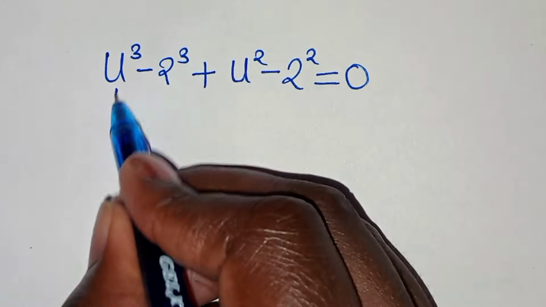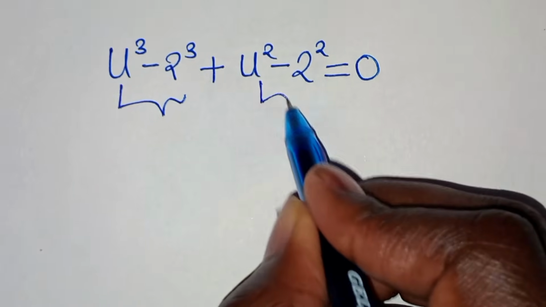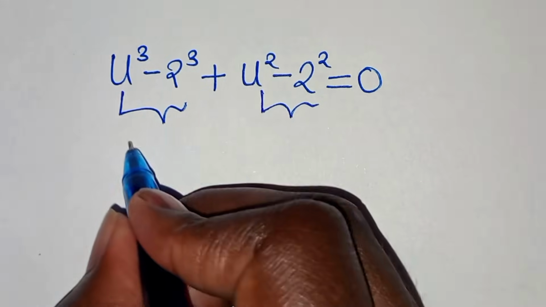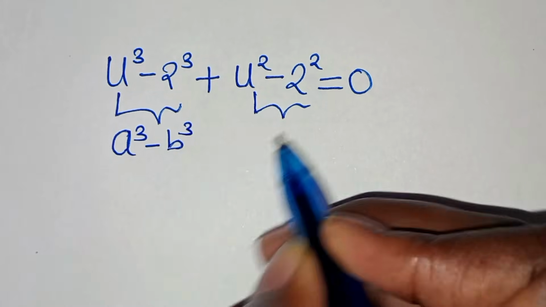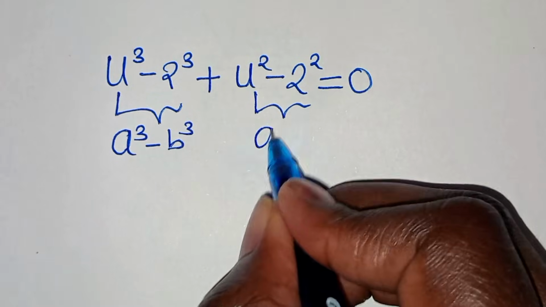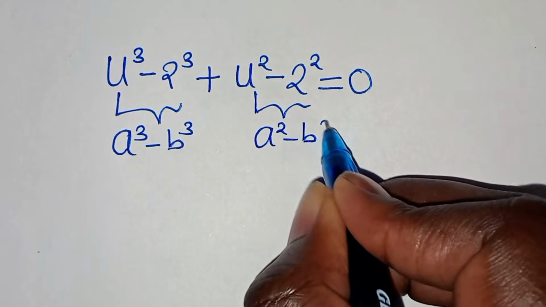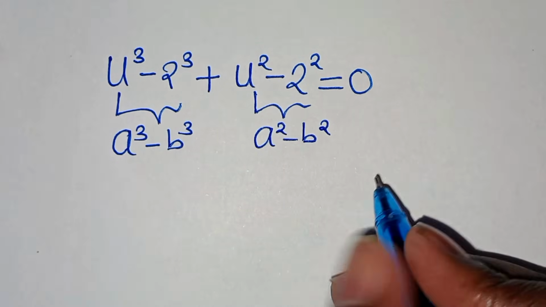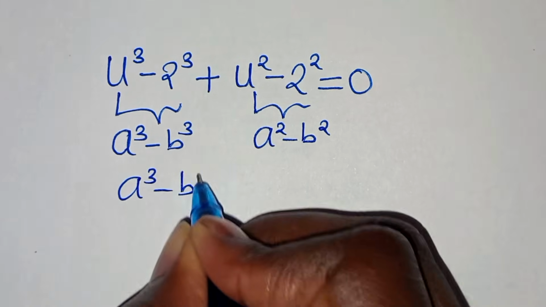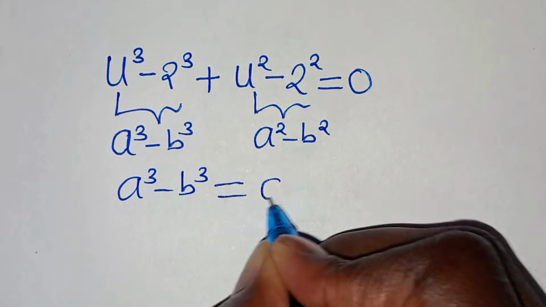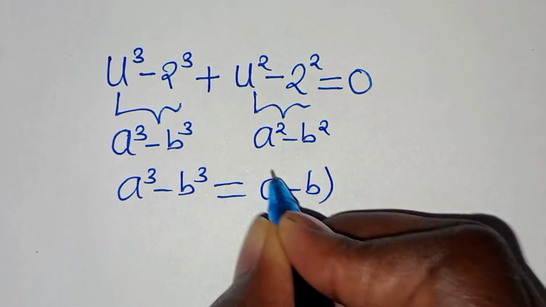Now here we have got two parts. The first part is the difference of two cubes, expressed as a to the power of 3 minus b to the power of 3. The second part is the difference of two perfect squares, expressed as a squared minus b squared. Now, a to the power of 3 minus b to the power of 3 we can express as a minus b